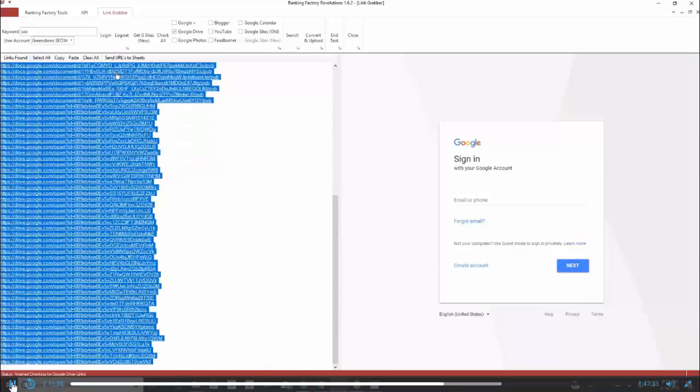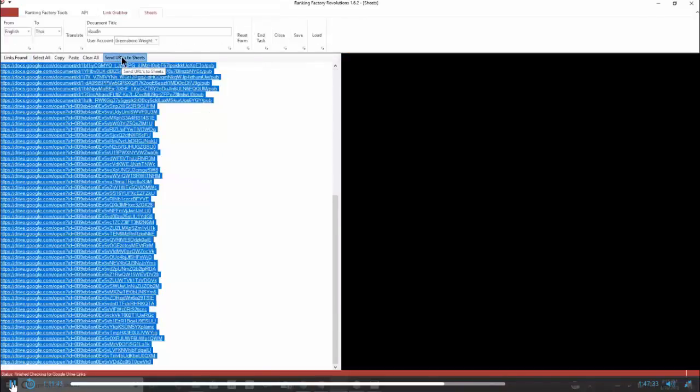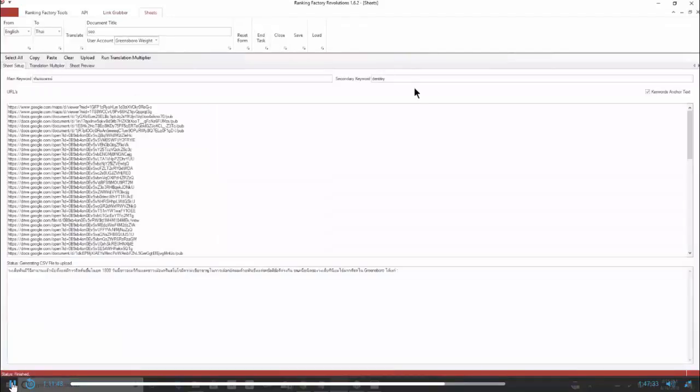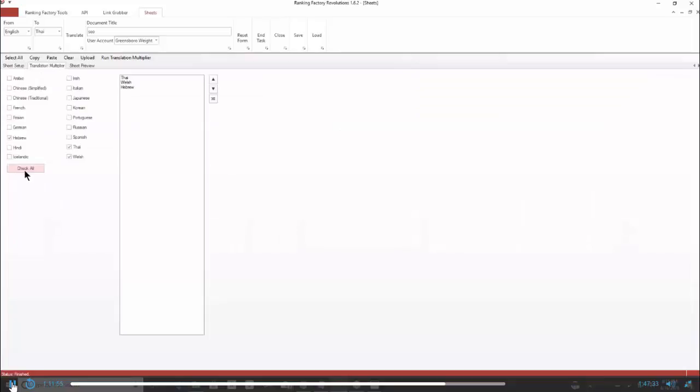Now, if I want, I can select all, and I could just push this button and they go to the sheets. And then, see, they're in there. Because these are SEO related, I'd put in SEO keywords here and here. Click check all, and boom,